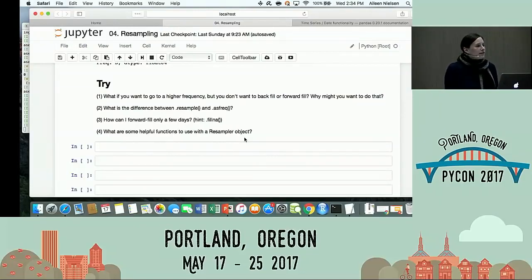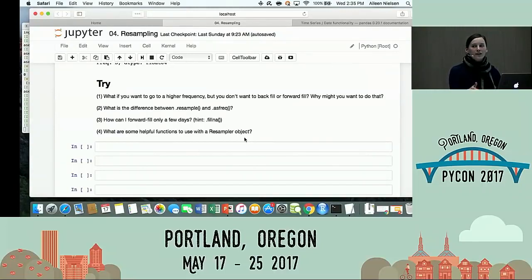Okay, what if I want to forward fill, right? So I'm going to upsample, going from a lower frequency to a higher frequency, but now I want to forward fill only a few days, or only a few minutes, or whatever, only a few periods. So let's say with the particle data, I am sampling every 7 days. Now let's do 6 days, that's easier. Every 6 days. And now I want to upsample and pretend that I was sampling every 3 days for some down the line pipeline issue. So now I'm going to upsample to every day, from 6 days to every day.